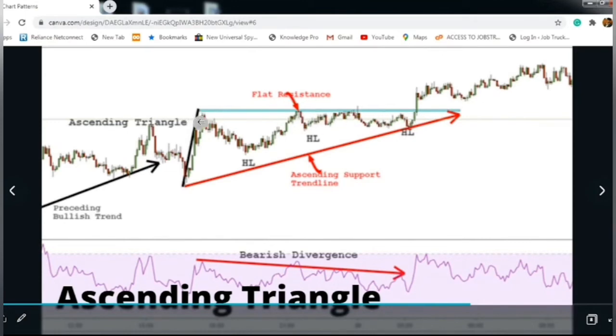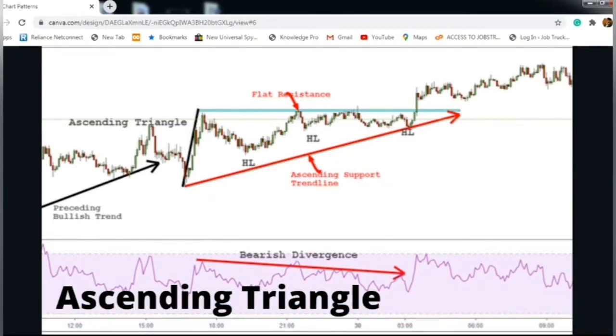The main feature of the ascending triangle is the flat resistance. Similar to the Pythagoras triangle, it has a right angle there, so it is flat, and because of some reasons we cannot break the resistance of this particular ascending triangle. We can understand that this resistance line cannot be broken, but also downwards we have a support line. When we look at the support line, we can see that it is going higher every day.